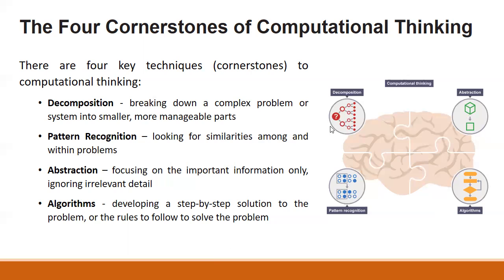Once we have decomposed it into small bits, looked and seen if we can reuse stuff, and abstracted it to get down to the simplest, the next step after abstraction, and abstraction leads right to it, is some kind of description of the solution in a thing called an algorithm. So an algorithm is going to be a step-by-step way that we actually solve this.